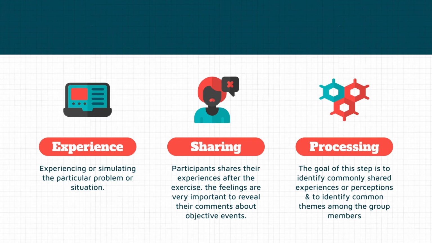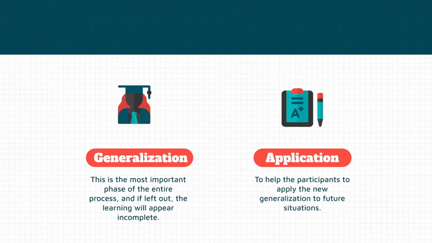Third, processing. Processing the information gathered during the sharing stage is generally accomplished with all the participants. The goal of these steps is to identify commonly shared experiences or perceptions and to identify common themes among the members. The fourth is generalization. The teacher guides the group into drawing a broad implication from the experience and resulting discussion. This is the most important phase of the entire process, and if it is left out, the learning will appear